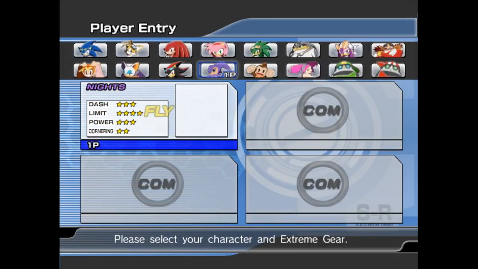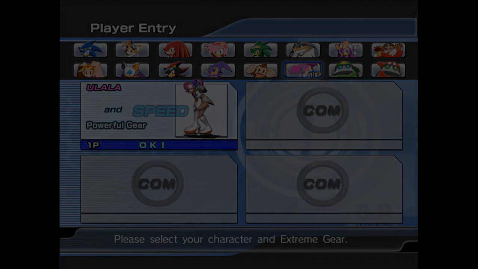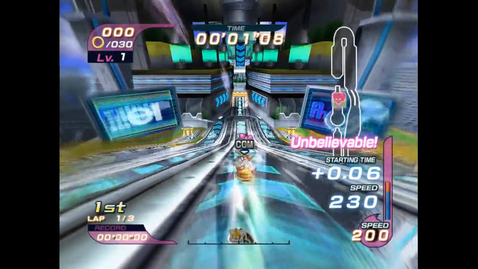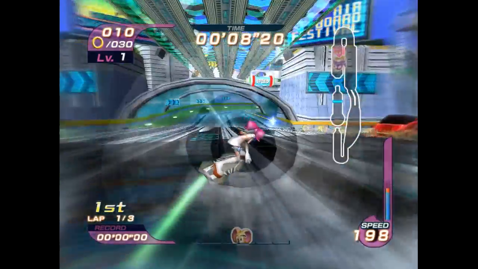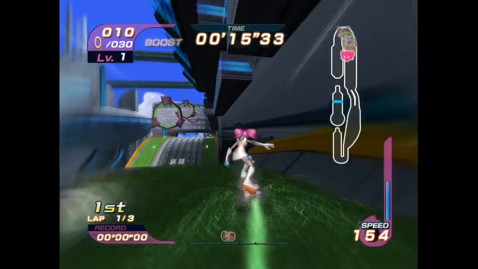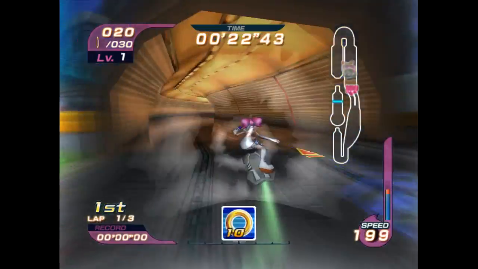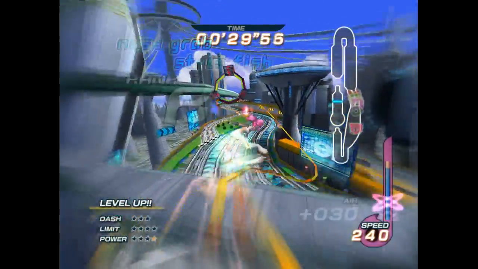So first of all, I'm going to check out the powerful gear. Let's play. So as you can probably guess, the powerful gear's advantage is that it's got a lot better power than usual. So I'm gonna get to a place where I can test it out, and yeah, that's actually really nice. You maintain 155 speed even on rough terrain. So yeah, that's really good. I mean, after all, it is the gear with the most power in the game, but...